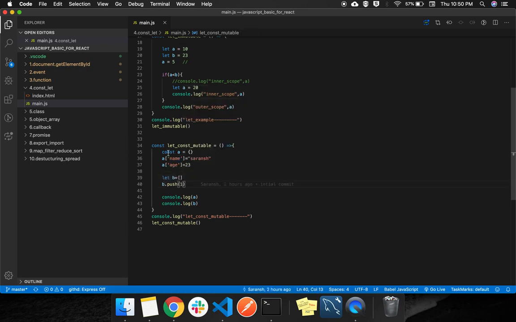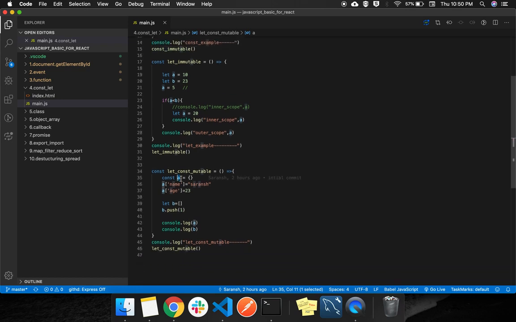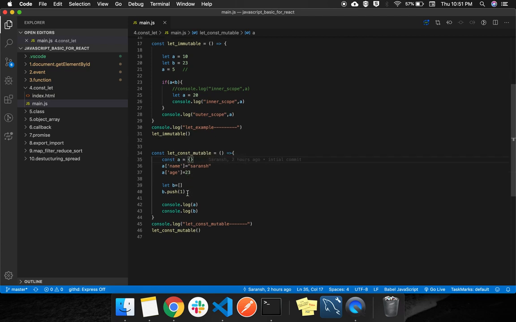So according to the definition of const a, we cannot change anything of const a, but that holds only for immutable data types: string, integer and boolean. For mutable types, like an object or an array, we can add keys and we can push data also.